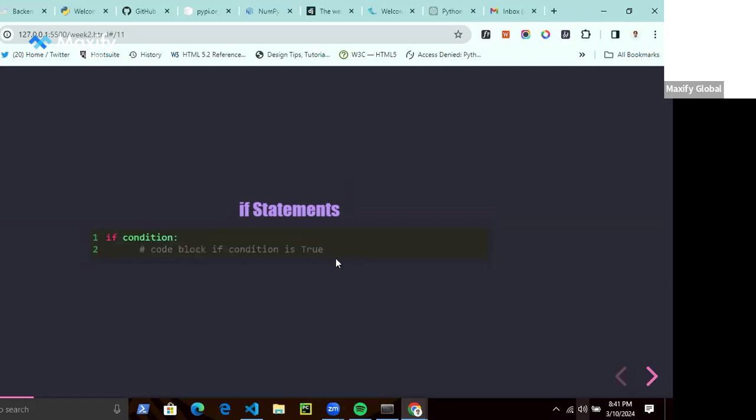So essentially, if statements use booleans, true or false, to decide whether or not to execute. If the statement x is greater than y is true, then the compiler will register it as true and execute the code. So whatever this first line of the statement evaluates to, either true or false, that's what's going to determine if the next line of code is run. So if the condition is true, the code block will run. If it's false, then the code block will not run.